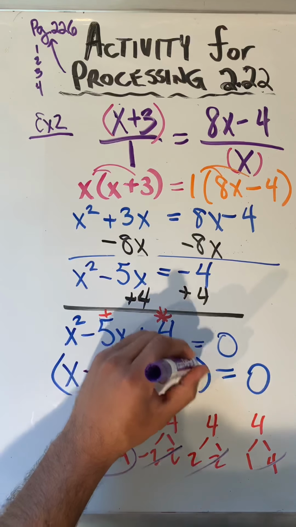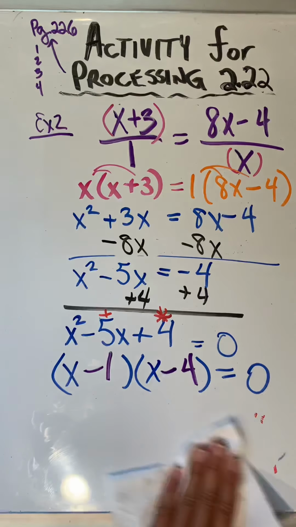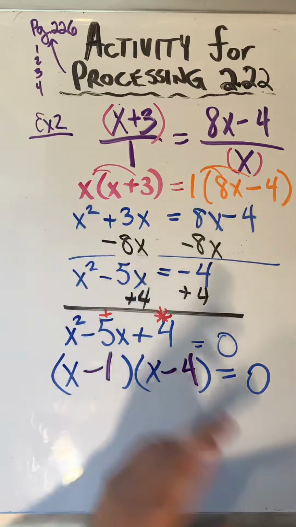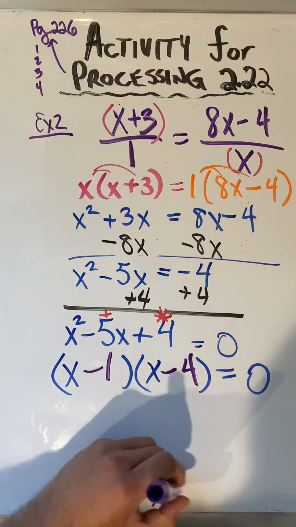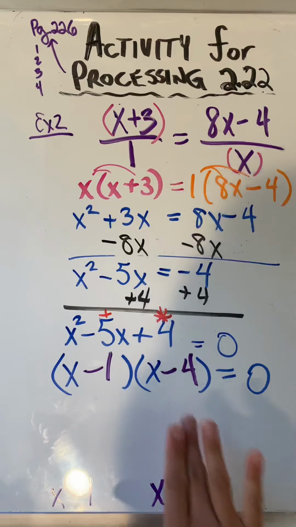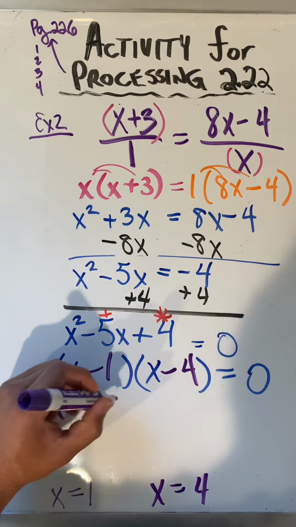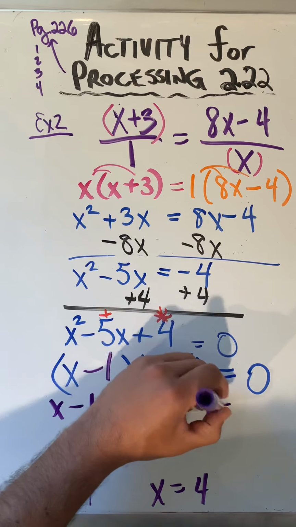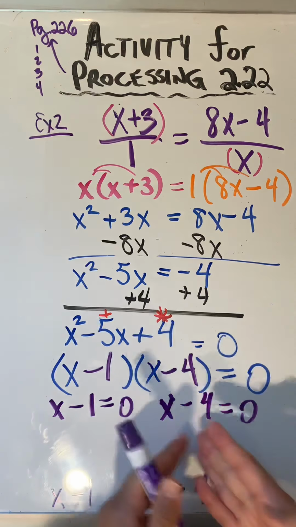-1, -4. Then I'd like to remind my students, we have two ways we can do this. We can do the shortcut method, which is totally okay in my class, where you just switch the sign and you get x equals 1 and x equals 4, right? But I'd like to remind my students, because it's going to come in useful on an upcoming example, that the reason we get those answers is because we set each of the factors, x minus 1 equal to 0 and x minus 4 equal to 0,